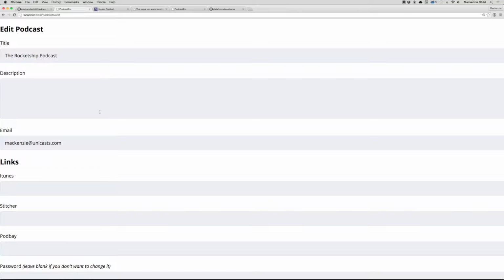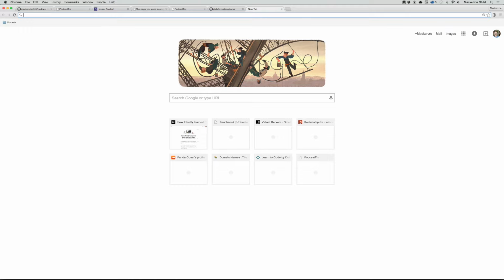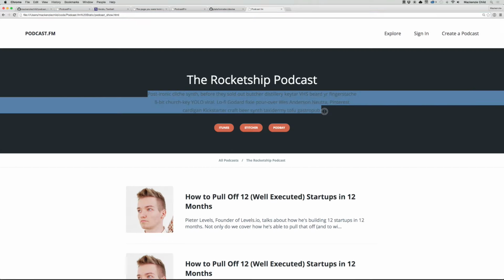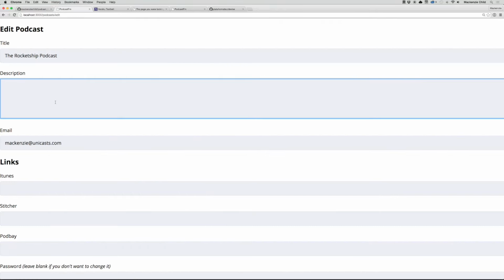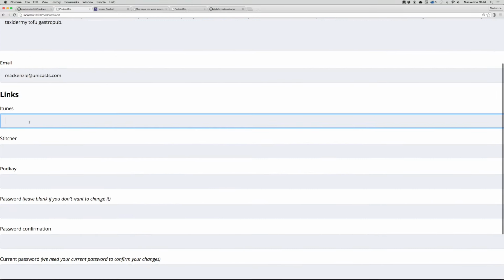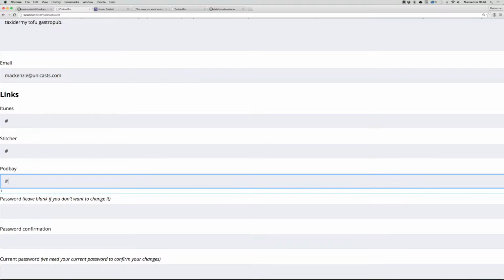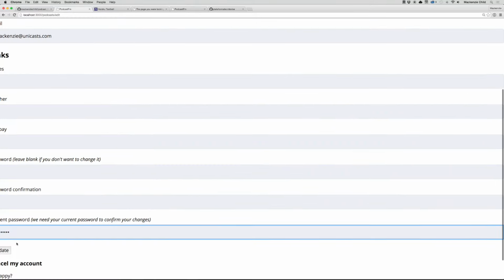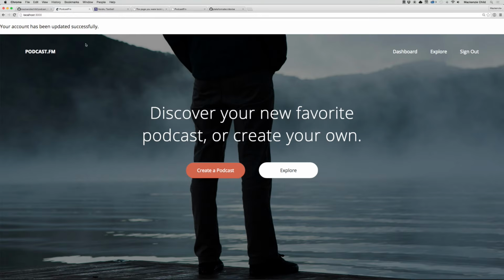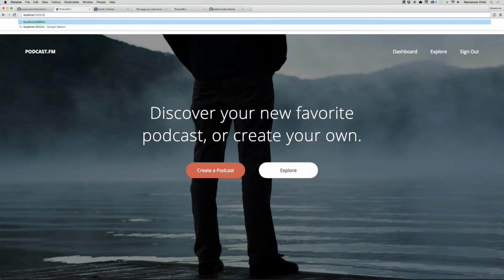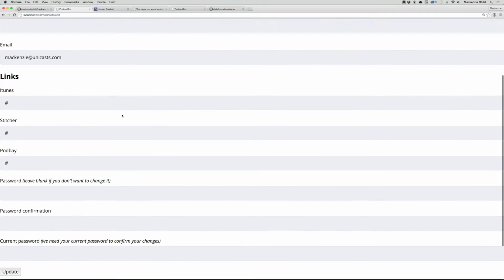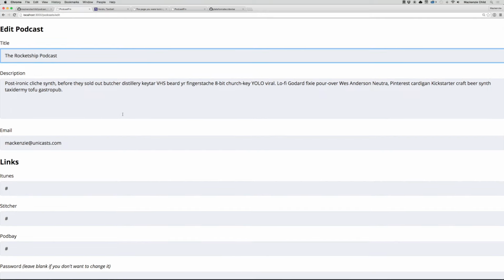Let's go ahead and add a description and the links as well. So what I'm going to do is open up a new file, and I'm just going to open up our static HTML. I'm going to copy the description we had here, and then close it, paste that in. Then for the links, I'm just going to add a stubbed out link for now. And then we'll hit update, and let's go back and confirm. Podcasts/edit. Beautiful. So that is all